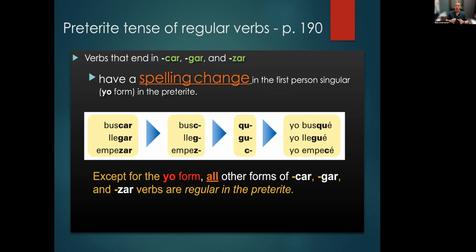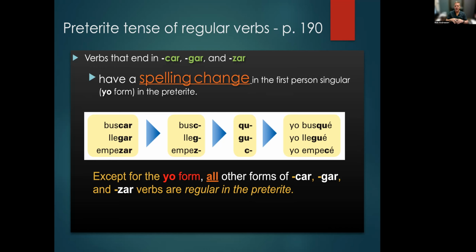Buscar, right? If you want to say past tense, you're going to say busqué. But how would you spell busqué to make it be pronounced the way it is? If you just put B-U-S-C and then have an E with an accent mark, that's going to be pronounced "busé" because C before an E has its soft sound. The only way to get a C with a hard sound is to add that silent U in front of it, just like in the word "que", right? So in that tense, the C gets dropped and the C becomes QU.